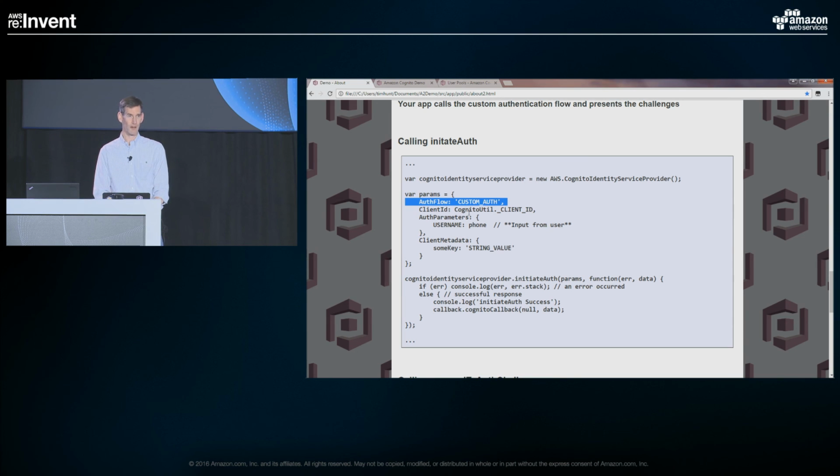And also, you can provide some upfront parameters to get you started. The one I provide here is what's in the username field, but it's the phone number. Now remember back, I talked about that alias function, how you can use something other than the username as the username. This is kind of that feature in action. So I'm using that phone number from the user as the username. I could also provide some other data. I'm not doing that, but if I wanted to, I could.